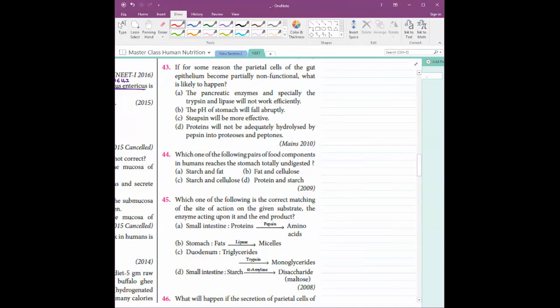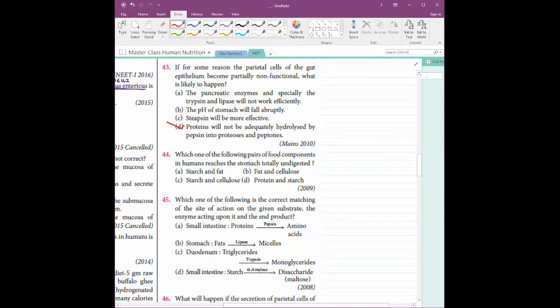You just need to link one thing with another. Yes, absolutely right. Almost everybody is giving me the right answer. So what is the right answer, guys? Proteins will not be adequately hydrolyzed by pepsin into proteoses and peptones. But